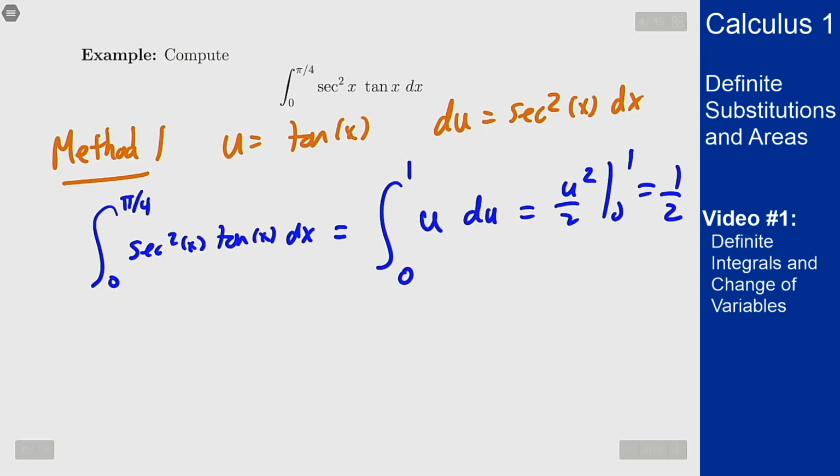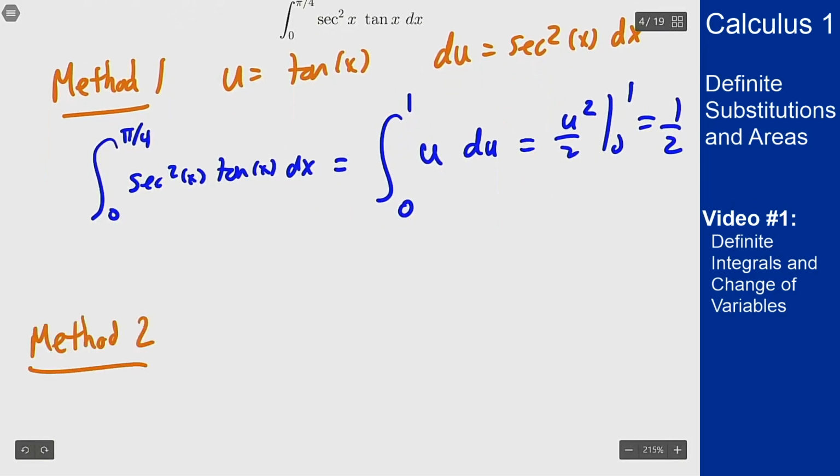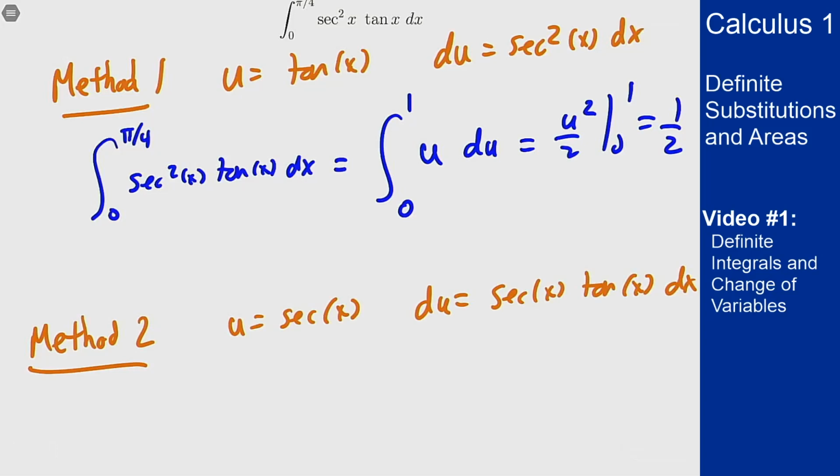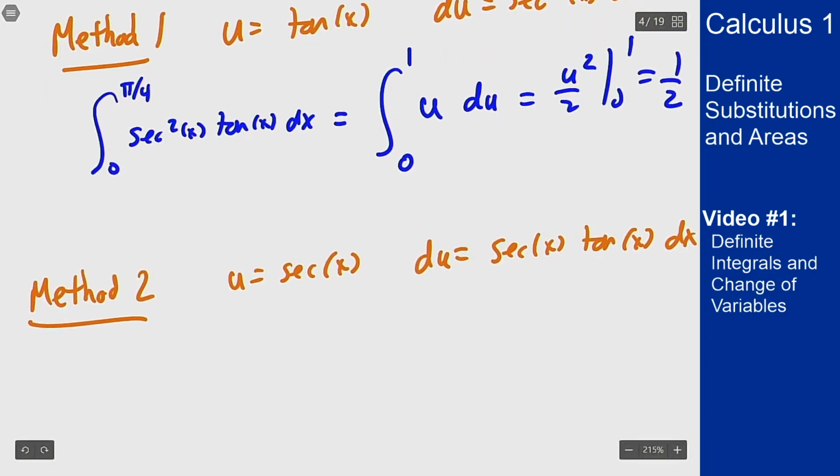Now method 2 here I can use. I can set u to be secant of x. Then du is secant of x tangent of x dx, which I also see now in my problem, because secant squared is secant times secant. So see the same thing over there. What do I get for this? Well, my integral then